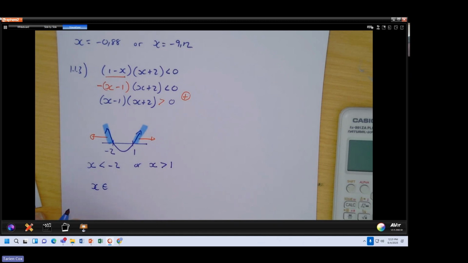But I know that there are a lot of learners that only use the interval notation. So when I have to write this specific answer in interval notation, it means we are going to come from negative infinity to negative 2. Right, but now I need to look at my brackets. If I'm going to be at infinity, it will always be a round bracket because we do not know where infinity lies. But if I look at negative 2,